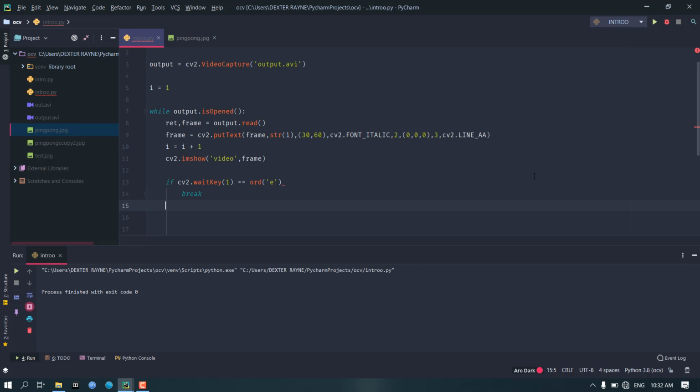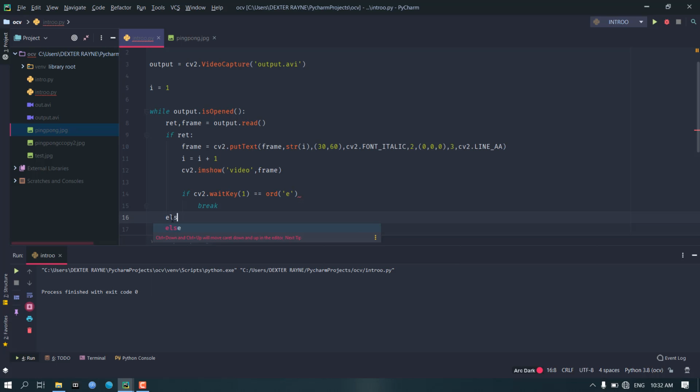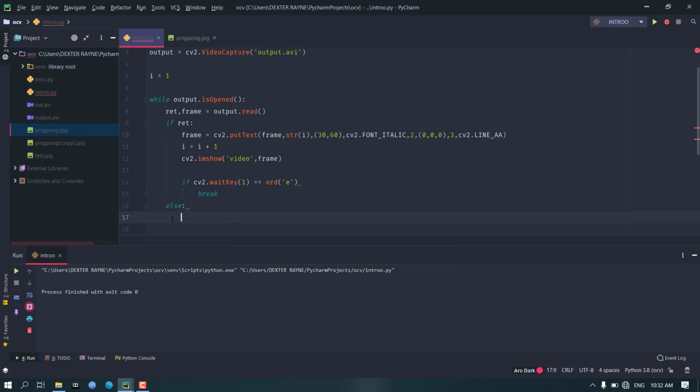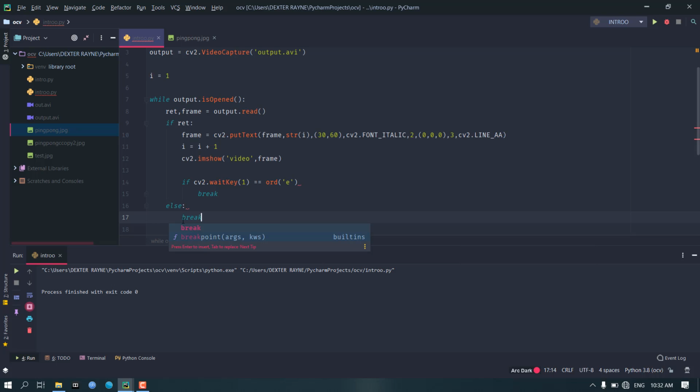One more thing, I think we should put here if return is true, so now we need to indent all this. And else we will simply break if the frame is not available.